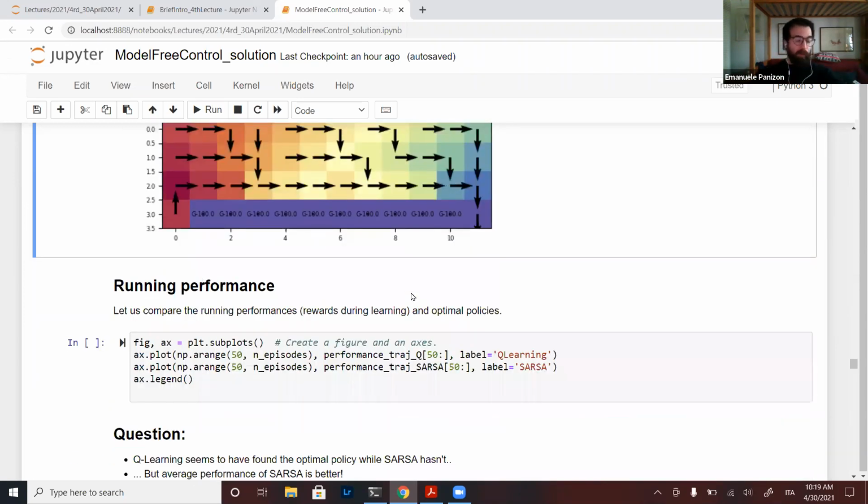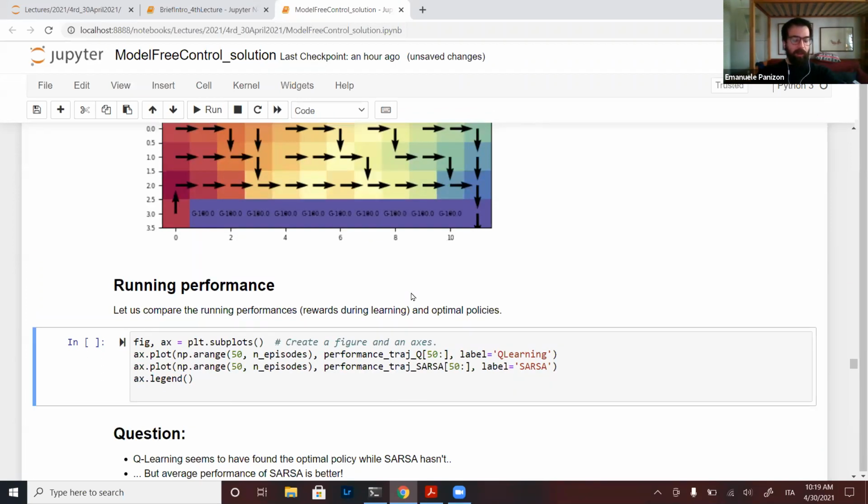Okay, now something which can be a bit counterintuitive, and it's coming from the fact that you have an on policy and an off policy method. So remember, SARSA did not find the optimal policy, but it was a known policy. So it was evaluating the policy it was following. Q-learning found the best optimal trajectory, but it actually was following a different one.